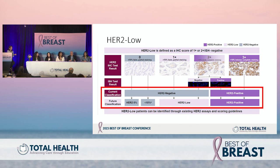The criteria are still the same. It's just that people are being asked to use them more stringently to try to differentiate different levels of expression. And that is all the story about HER2 low. That is, there is some level of expression, and we need to differentiate what that is, but it is not the 3+ level. And then depending upon your pre-analytic and the post-analytic methods, you may see some degree of